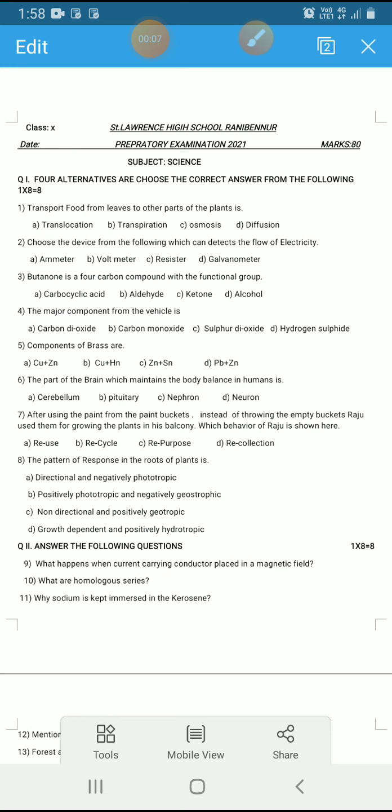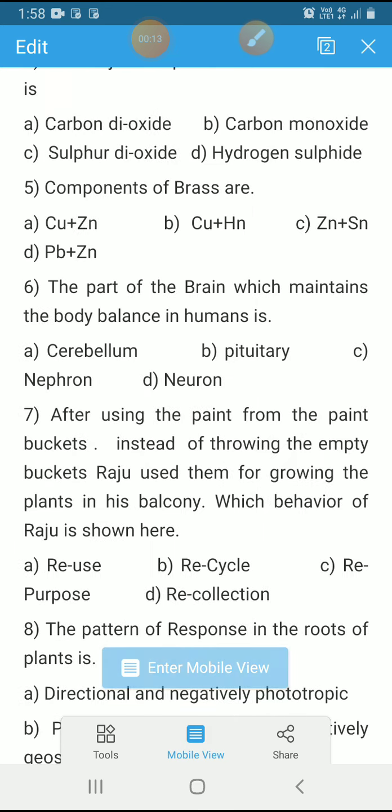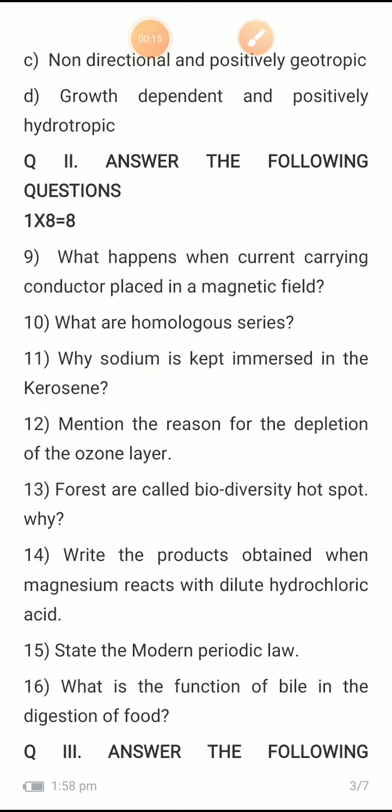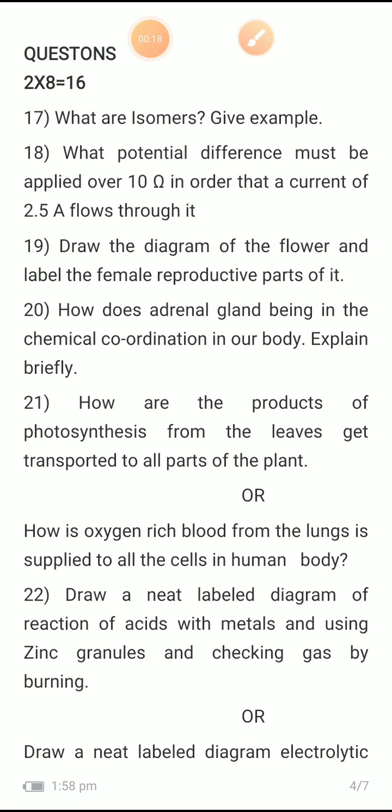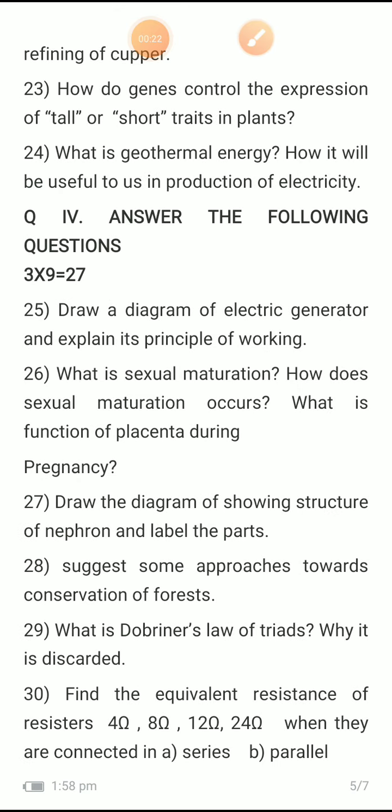In the previous class, we discussed a few questions of this question paper. And today in this class, let's try to solve some more questions. We are discussing 3-mark questions. We have discussed the diagram of an electric generator and its principle of working. And then a few biology questions like